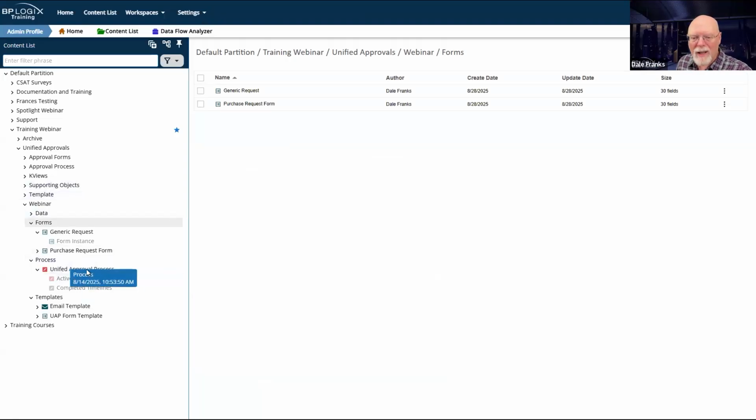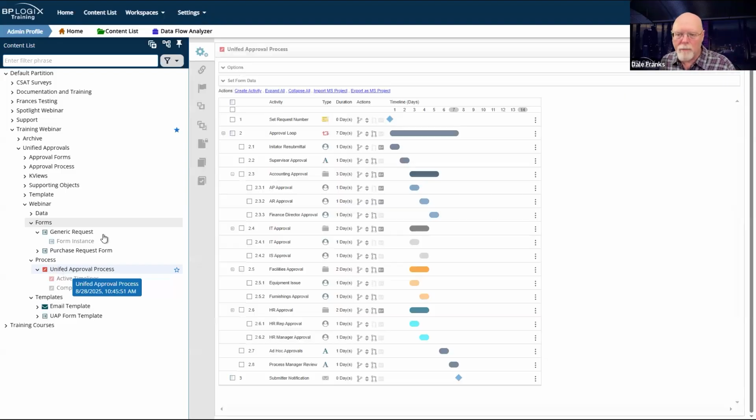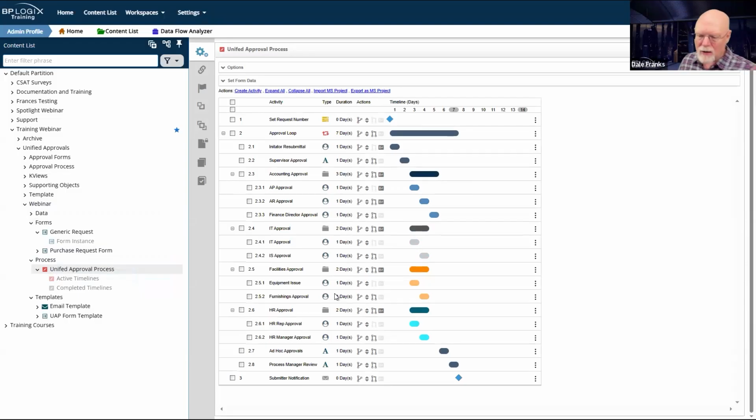But for now, let's take a look at the accounting section of the form. And this is where we're going to make all of our changes on the form, and this is where we're going to do our fancy stuff. I'm probably going to have fancy stuff that I need to do for all of these different types of activities, whether it's IT or facilities or whatever, but we'll just work in accounting today.